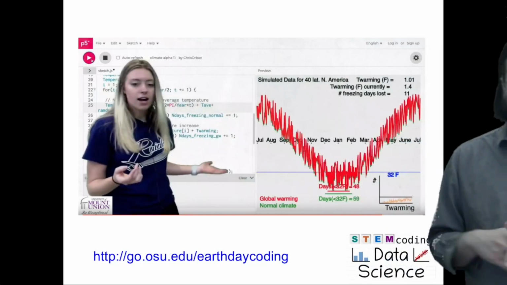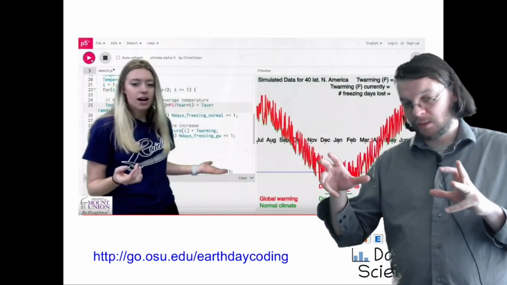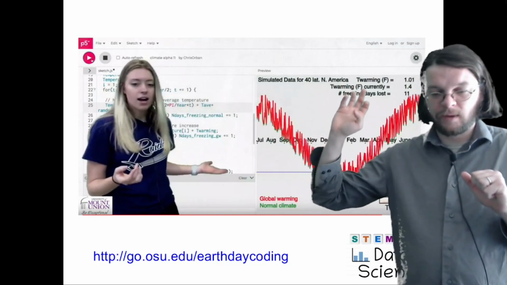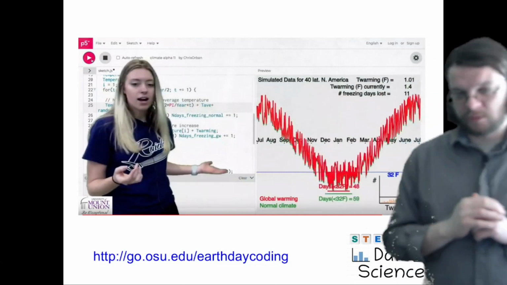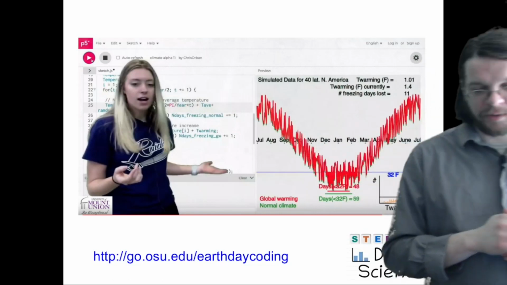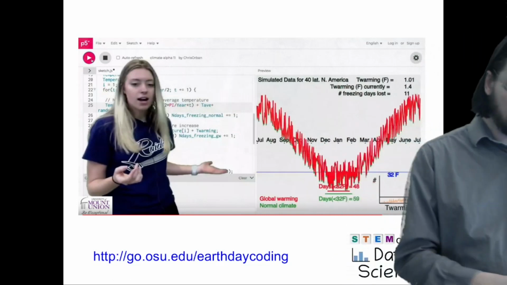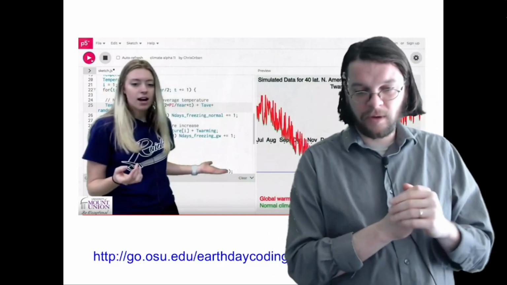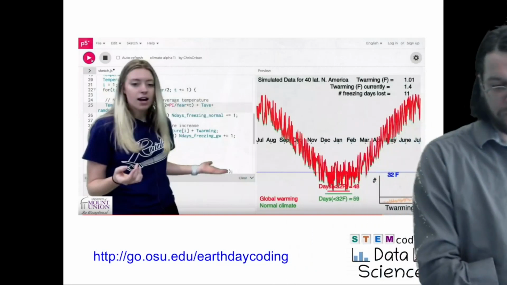But the idea is that we're going to try to do data science in a way that connects with science and connects with environmental stuff, but also gives them some workforce skills as well. So if you're interested in that, I'd love to talk to you. And we're designing it now, so if there's something you want us to design and an idea you have, we'd love to get that feedback.